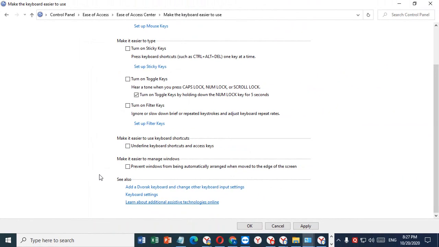That is it. So guys, this is a very simple and easy method if you want to change cursor blink rate on